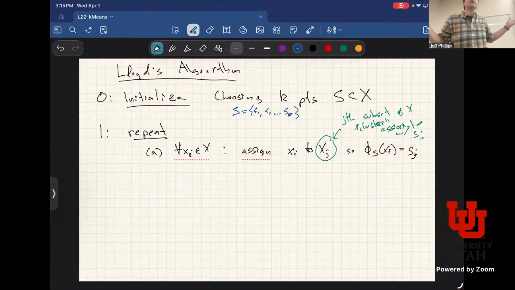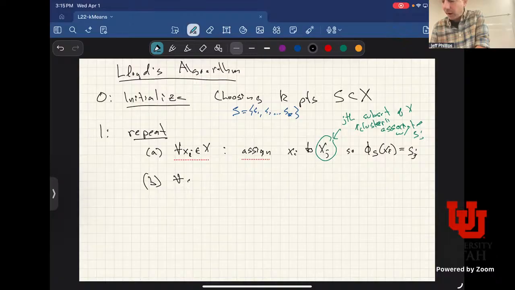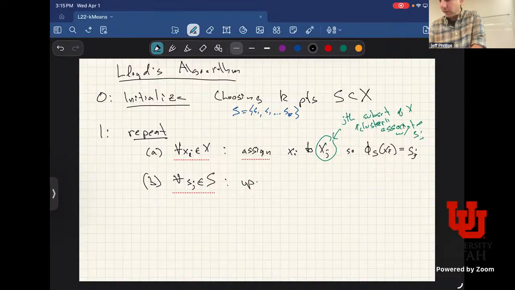This is going to be the most logical assignment of the clusters given these sites. Okay, but I want to optimize the sites. I haven't optimized what the sites are yet, so that's what step B is doing. Step B is saying, now for all SJ in my set of sites, I want to update SJ. And this is the step that is why it's called k-means, that is clever about it and works with this formulation. I can take each of these